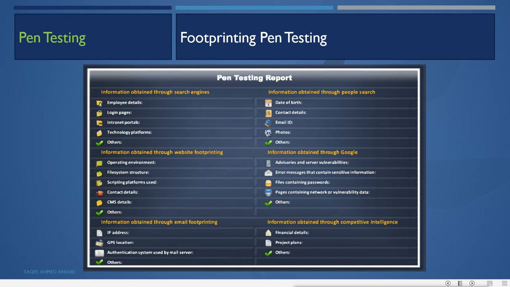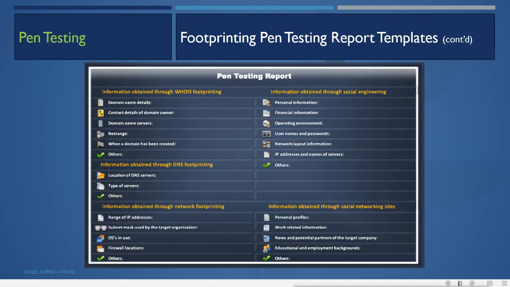Information obtained through search engines, information obtained through people search, information obtained from these and these, and you fill in this information here with what you have got. This is the report for the pen test, and you fill in all the things which you find, and then you give this information to the authorized person of that organization.